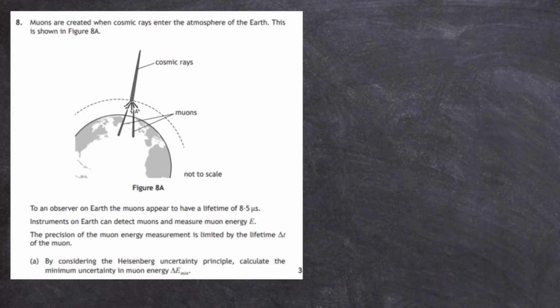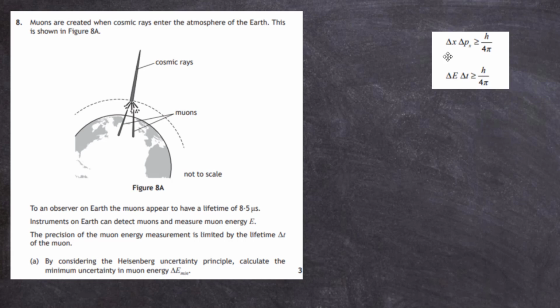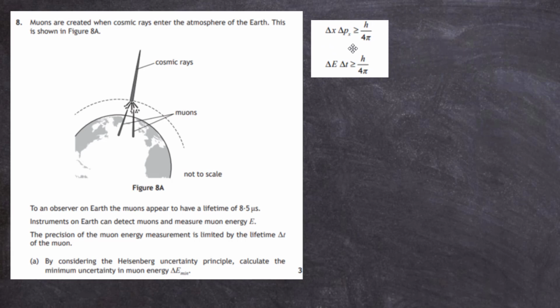Instruments on Earth can detect muons and measure muon energy E. The precision of the muon energy measurement is limited by the lifetime delta T of the muon. And for 3 marks, we're asked to, by considering the Heisenberg uncertainty principle, calculate the minimum uncertainty in the muon energy delta E. Well, we go to our data sheet,